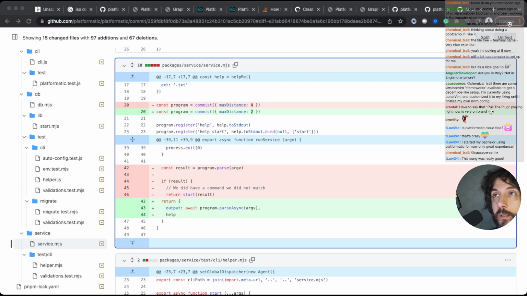Import desm from desm. My little utility always helps. Here we go. Desm dirname, join. Ah, it was already there. So instead of import meta, okay.